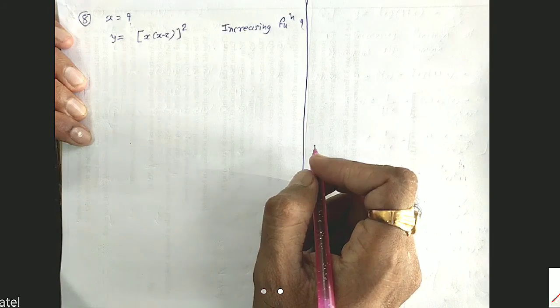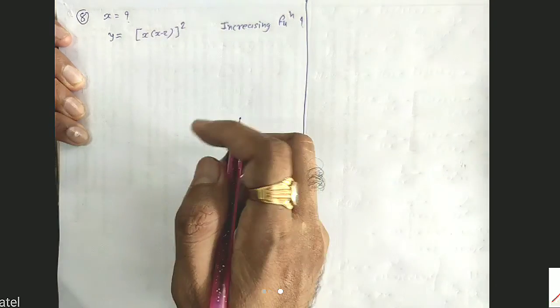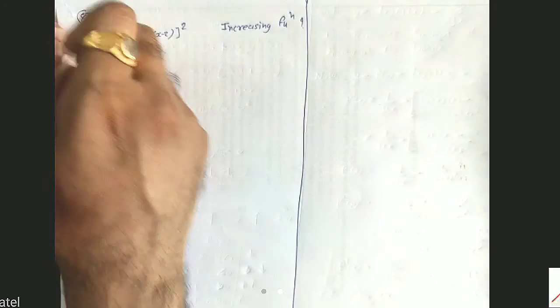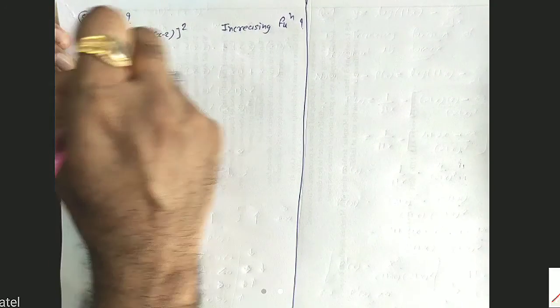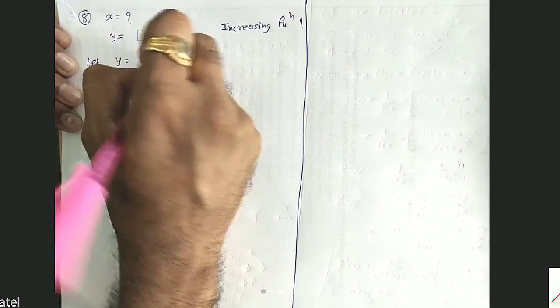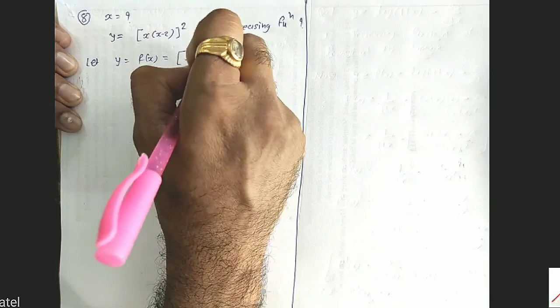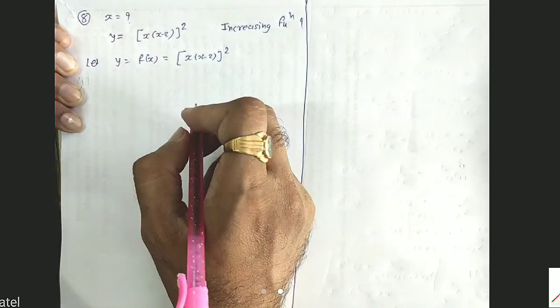आपको x की वो वैल्यू फाइंड करनी है जिसके लिए हमारा फंक्शन इंक्रीजिंग फंक्शन हो। इट मीन्स इंक्रीजिंग फंक्शन के लिए क्या होता है? f dash x ग्रेटर देन 0 होता है। Then बहुत सारे सम्स किए। So let this y is nothing but our function of x. So let y equal to f of x, which is x into (x minus 2) whole square.